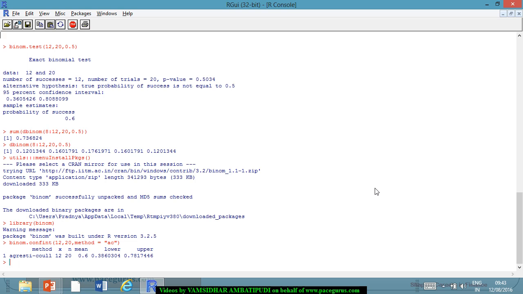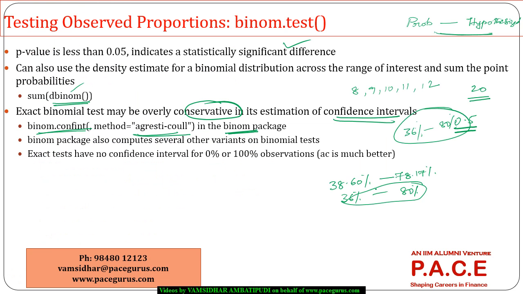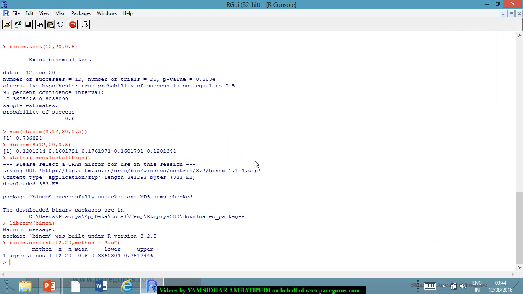Right, so this is also a kind of an improvised method, and especially in the binom package, many other tests are also there, you can very well explore that package more in depth, especially when you are doing a lot of binomial related tests. But on the other side, especially if I want to do the confidence intervals for 0% or 100% kind of stuff, probably your